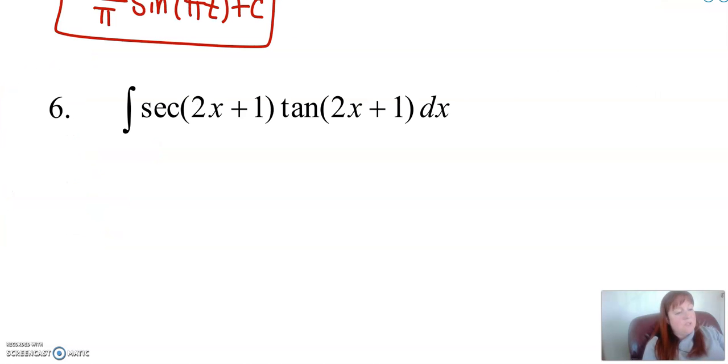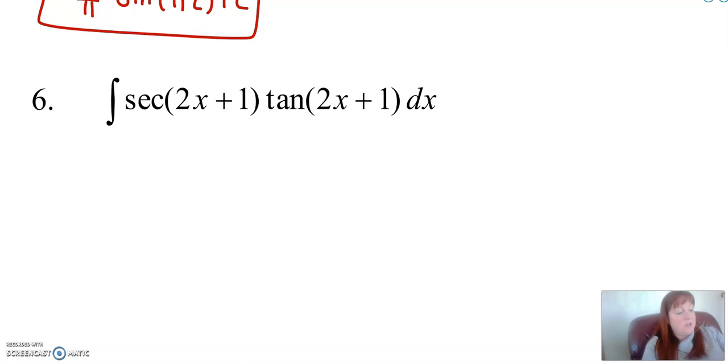Ooh, this one looks really complicated, but I see a function inside of a function, right? So I know it's going to be a u substitution. The integral of secant tangent looks really complicated, but you can think about when I take the derivative of what do I get secant times tangent? Okay, so first we see a function inside of a function, so we got to do